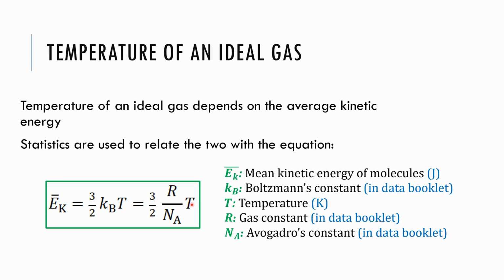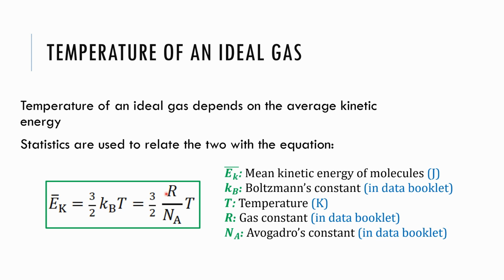And this is like a 3-part equation, so you can see you have a couple options of how to do this. Basically, they're related by a 3/2 out front, and then there's a constant here, k sub B, called Boltzmann's constant. It's in the front of your data booklet, times temperature. So that's one way to do it. And the other way is this. You might notice